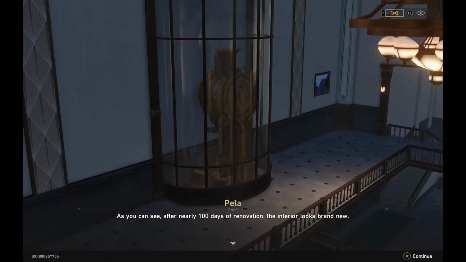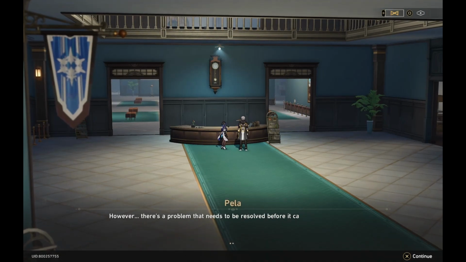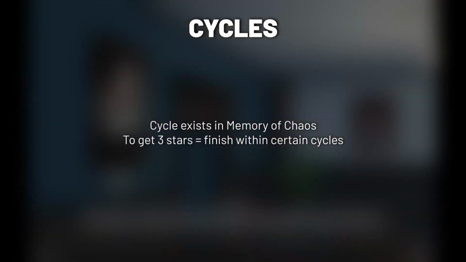By this point, I hope that you already understand how speed works, but there is still one other term that is not discussed yet, and that is cycle. In Memory of Chaos, cycles are important because if you want to get 3 stars, you have to finish within certain cycles. What are cycles then? In our analogy, cycles are basically the time limit given to our characters. One cycle is almost always 100 action values,